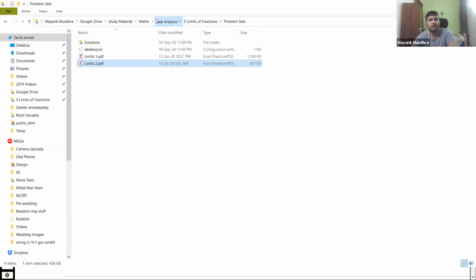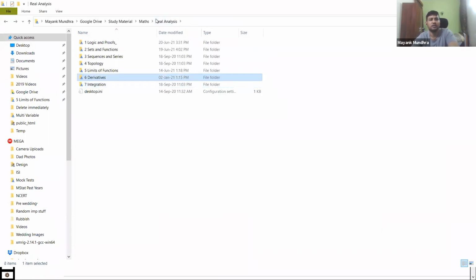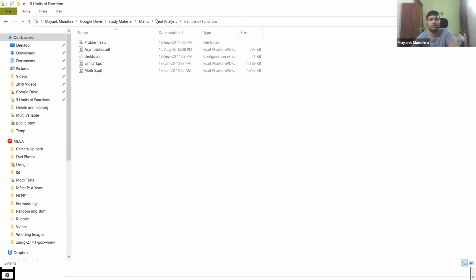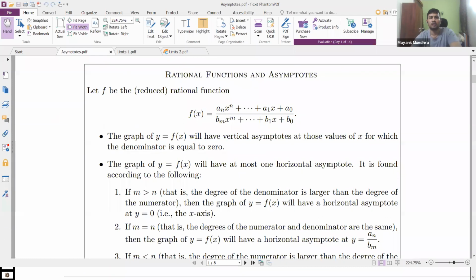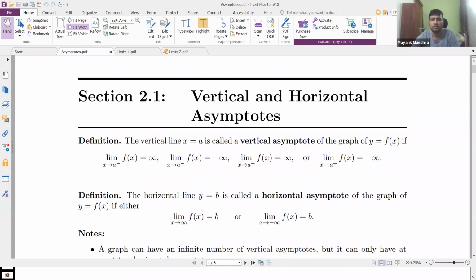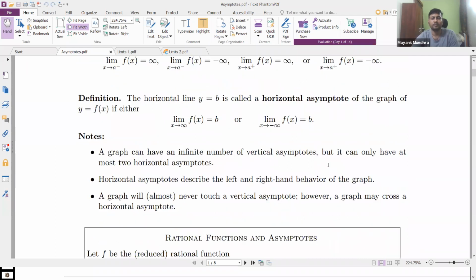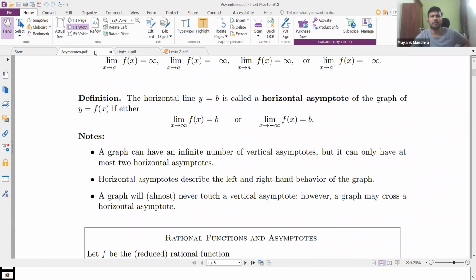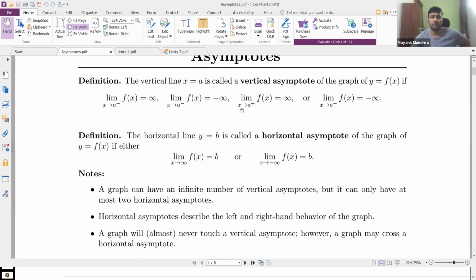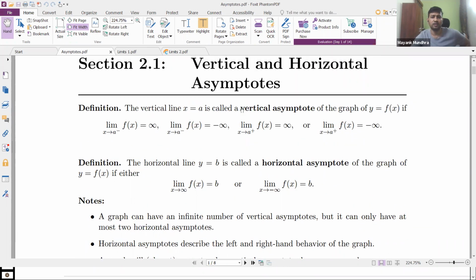And read about this integration. Sorry, not integration. So asymptotes. Read about asymptotes. What are asymptotes? Yeah. So if it makes no sense at all, I'll be willing to take a lecture on this. Asymptotes is not a very important topic. They have not asked any question about it. So I don't want you to waste a lot of time on it right now, but it is important because